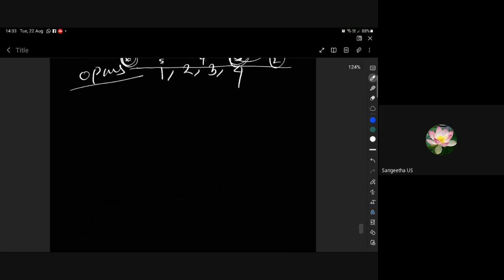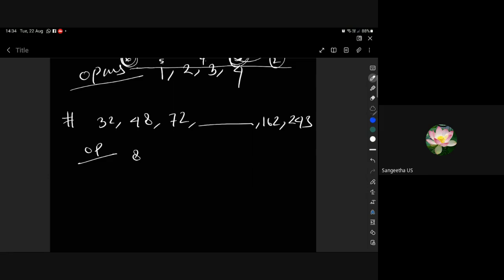Now this kind of problem came in the exam. Suppose 32, then 48, then 72, then blank, 162, 243. Options are 84, 96, then 108, then 132. It is like, uh,